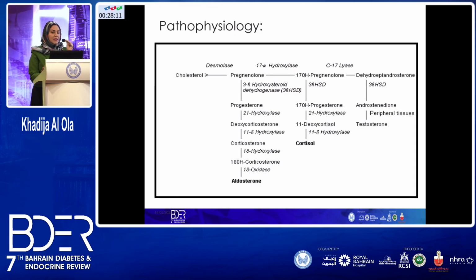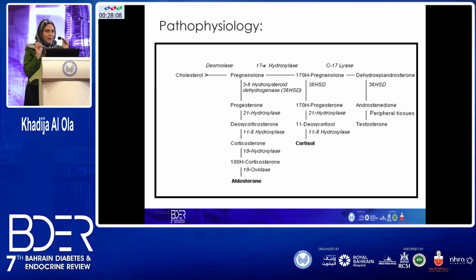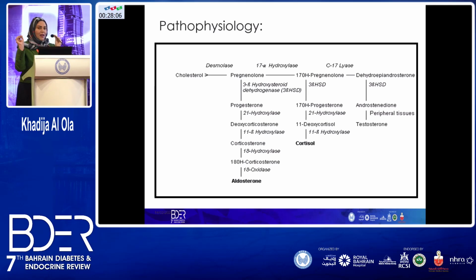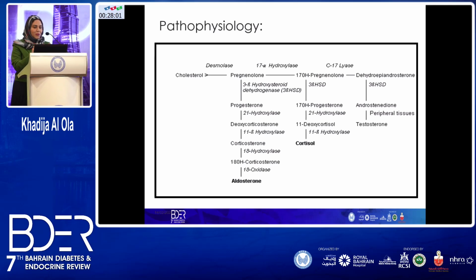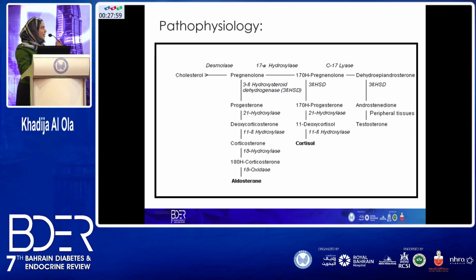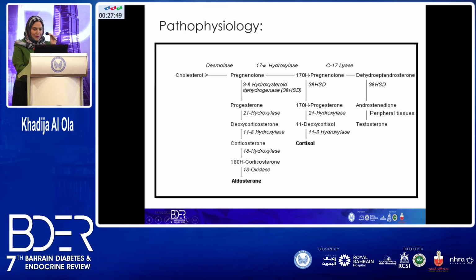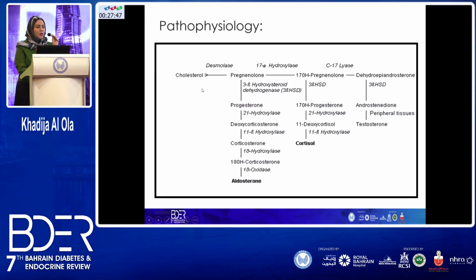In order to understand congenital adrenal hyperplasia, which is caused by enzyme deficiencies, we have to understand, or at least know, this pathway. I always like to use the pointer. Okay. So we can see here the main pathways. These hormones come from cholesterol, and we have three pathways. One pathway produces aldosterone, the other produces cortisol, and the third one, from the reticularis,